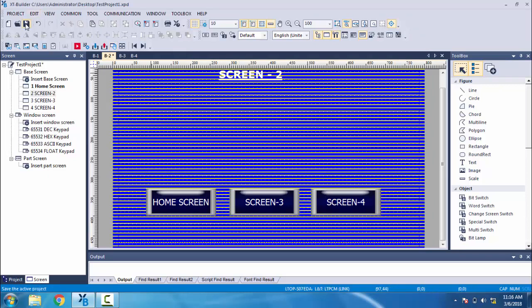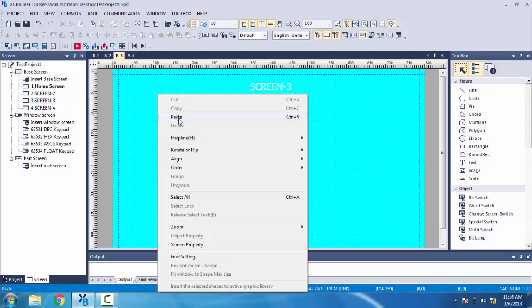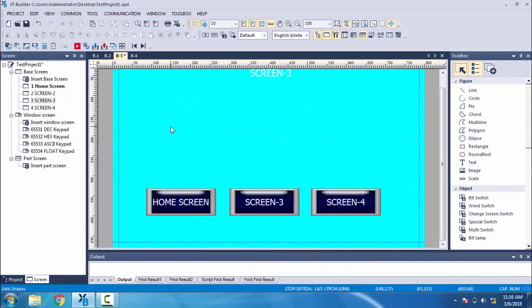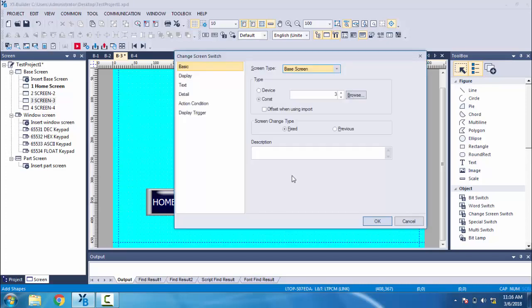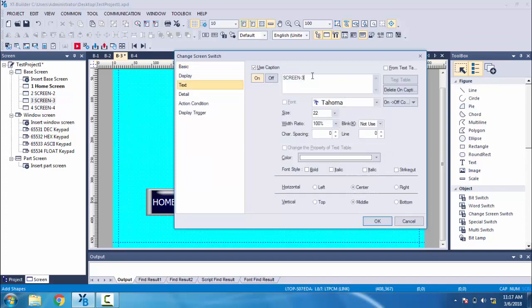In the same way we will copy all three buttons from screen 2, and then we will open screen 3 and paste all three buttons here. Now this is screen 3, so we don't need the screen 3 button. Here we will replace this with screen 2. So we have shifted the number, and here we will change the text to screen 2, and